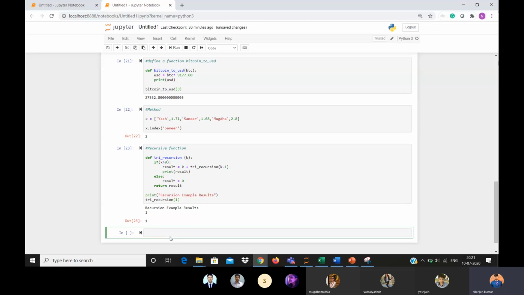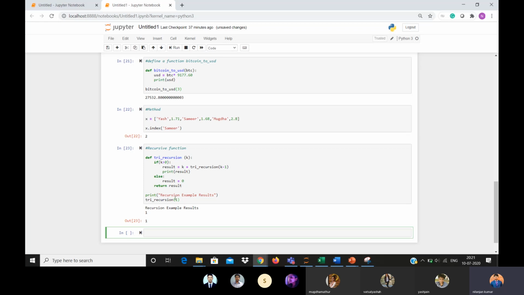So I'm telling you the method which it is following. Let's say try recursion 1, so k is equal to 1. 1 is greater than 0, yes. So result will be k, which is 1, plus the same function repeating itself with k minus 1, which is 0. Is 0 greater than 0? No. So it will return the result as 1 only. This will not get printed because the value was 0. So it's printing 1.